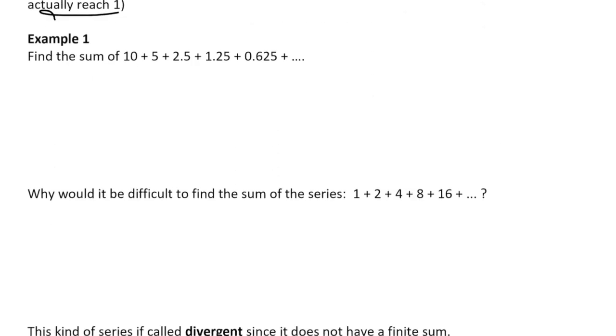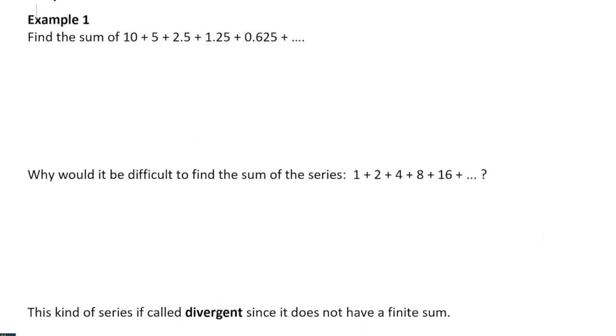So here's your first question. Say you have something like this. You have the sum of 10, 5, 2.5, 1.25, 0.625. If you were to add that up forever, what would you basically get to? What would you almost be at? You could take your calculator and say, okay, 10 plus 5 is 15, 15 plus 2.5 is 17.5, add another 1.25 to that, 18.75,